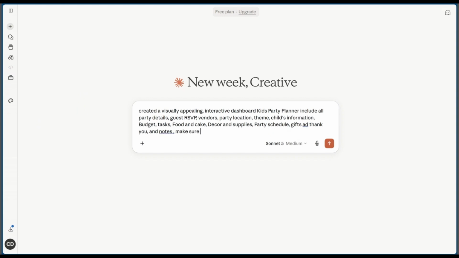Make sure it automatically provides local